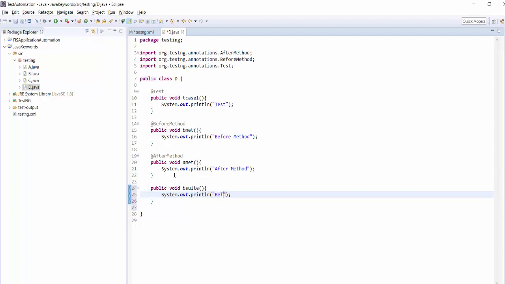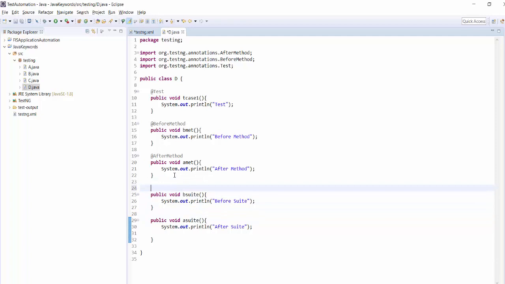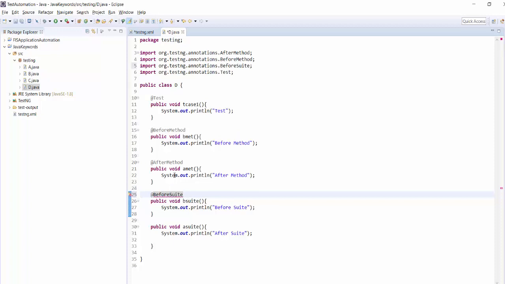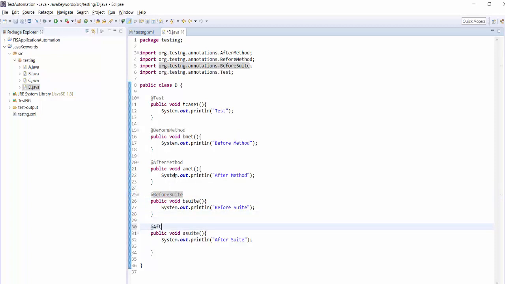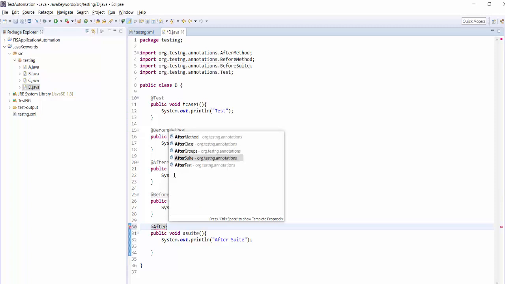So I'm saying before suite, writing one more method, public void a suite, and putting after suite. Putting the annotation here, before suite and after suite. Okay, so we have covered this.